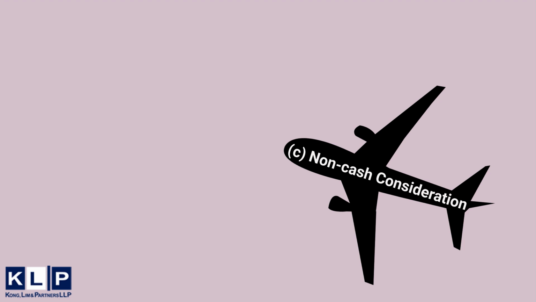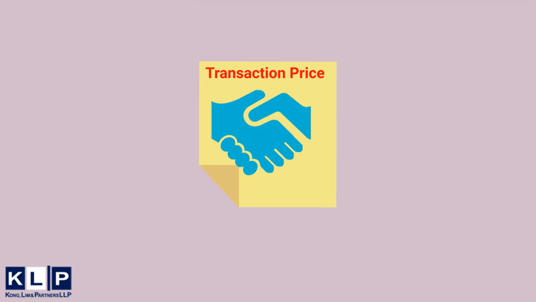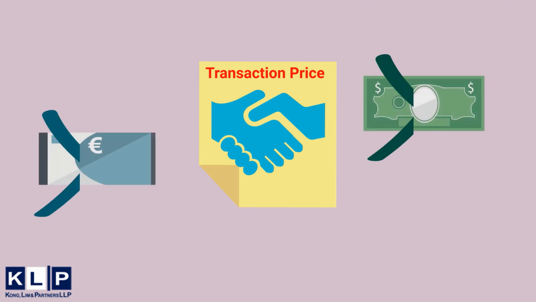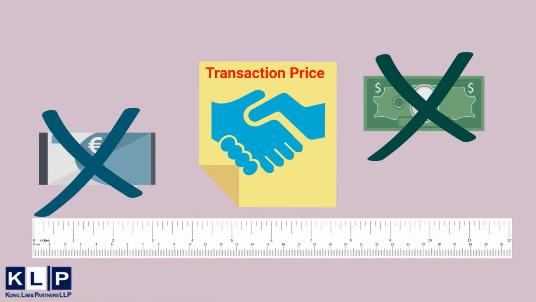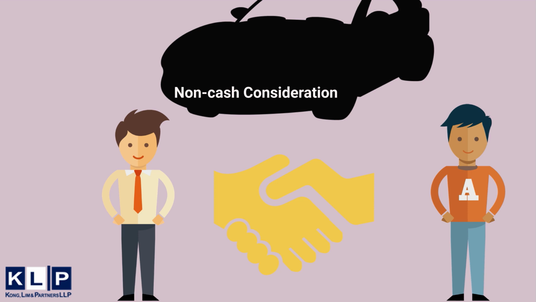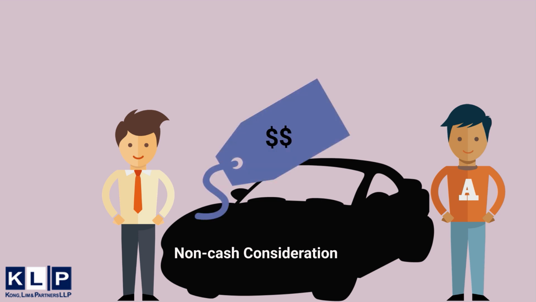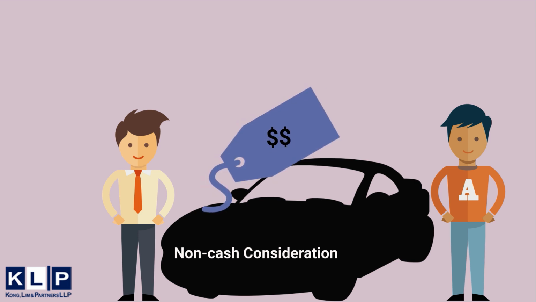To determine the transaction price for contracts in which a customer promises consideration in a form other than cash, an entity shall measure the non-cash consideration at fair value. If an entity cannot reasonably estimate the fair value of the non-cash consideration, the entity shall measure the consideration indirectly by reference to the standalone selling price of the goods or services promised to the customer in exchange for the